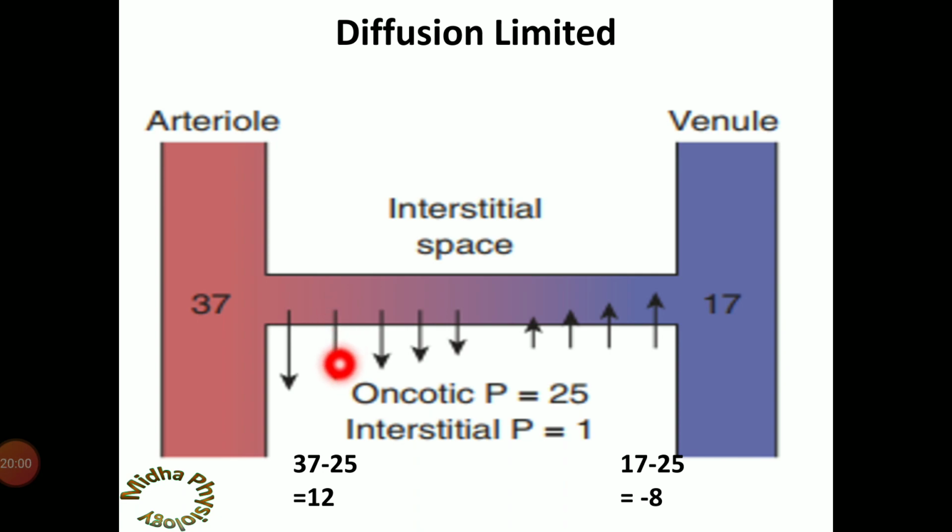So this filtration is helping the diffusion of all those wanted substances into the tissue level, and this continues as long as the concentration of the substance has not reached the equilibrium stage. Now similarly, when the blood from the arterial end comes towards the venular end, the water and the dissolved substances have been filtered initially. Only the plasma protein remains in the capillary blood which is going towards the venous region.